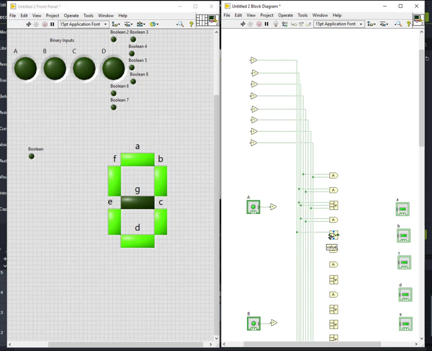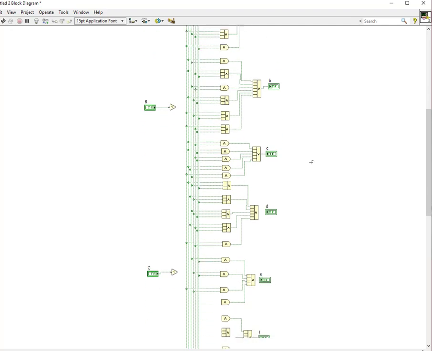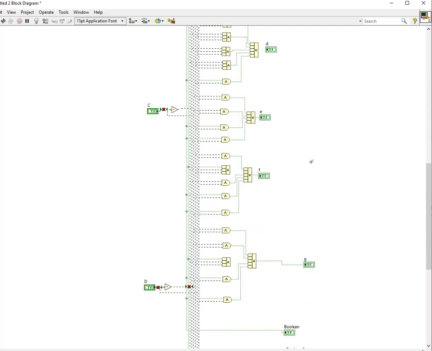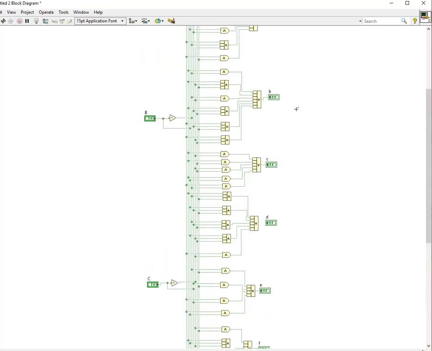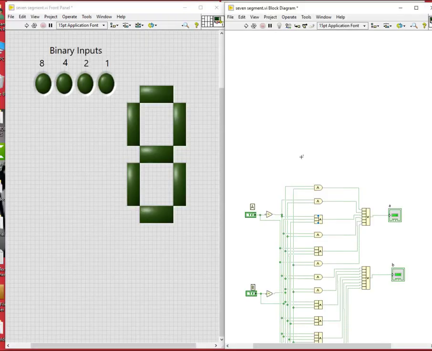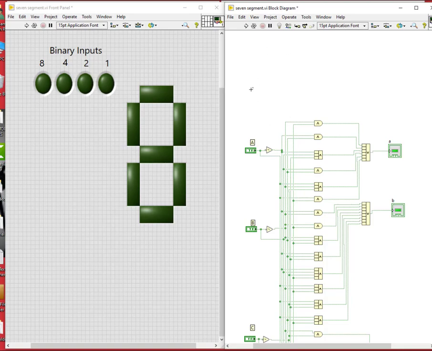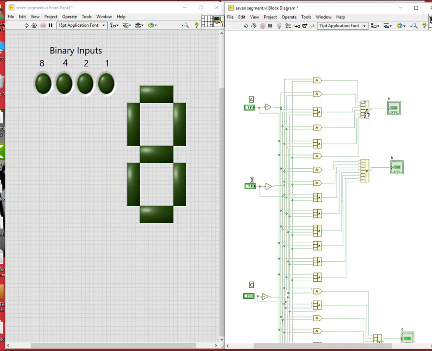So for now I'll skip this step and just forward this one. I have connected all these things, and I have removed the NOT gates and the LEDs downwards, as you can see here, and have connected my OR gates to this one.